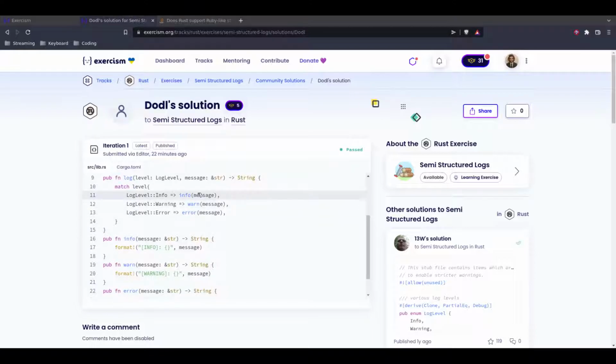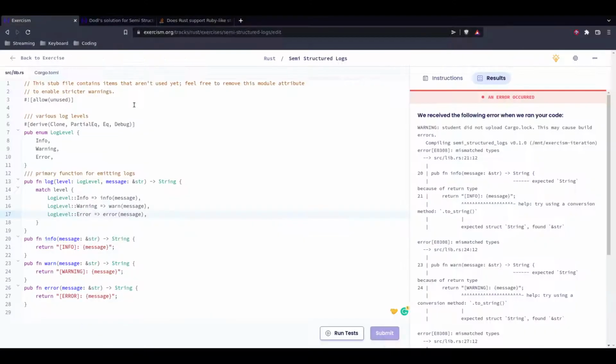So, in here, the way that it works is, what I was doing was calling log level here instead of actually calling level, because the function parameter is level, but you define the type next to it. So it's level colon log level. Log level is the type, whereas level is the actual parameter. So you need to match the actual parameter, right? That's the first thing I did wrong. The second thing I did wrong was I just had